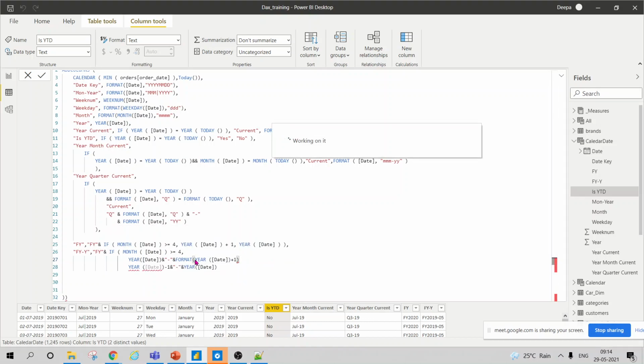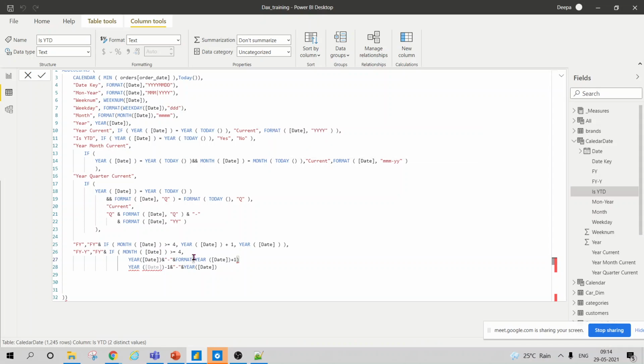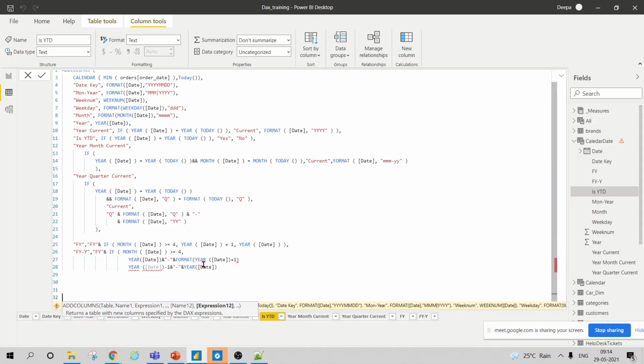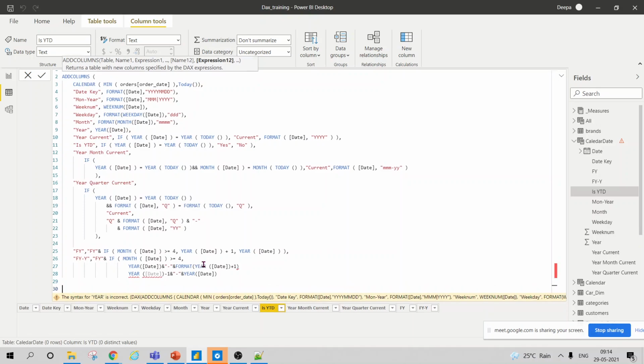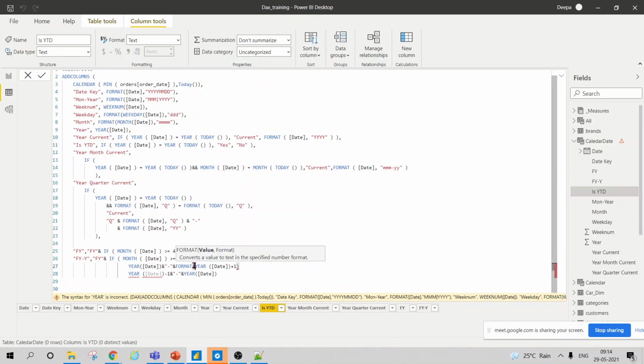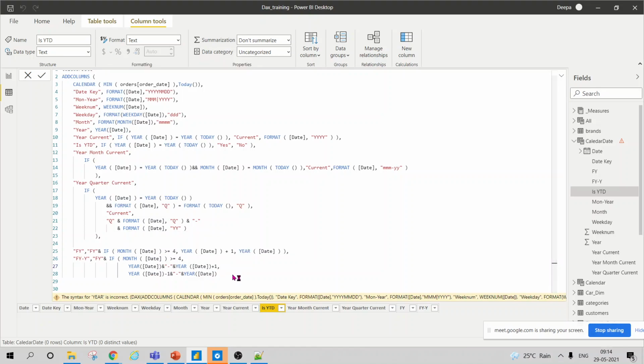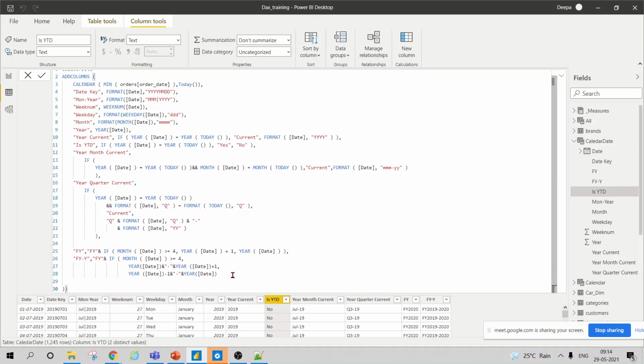I should remove the format. But you got it right, how to return the values.